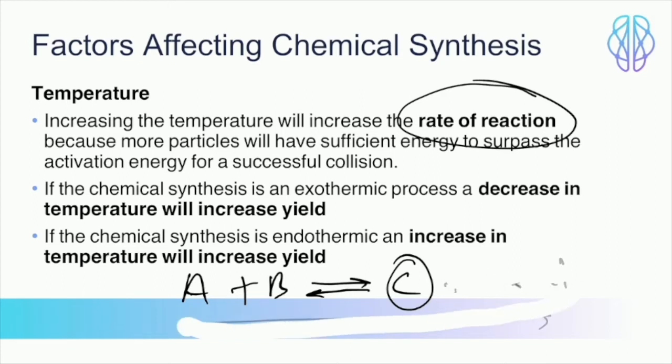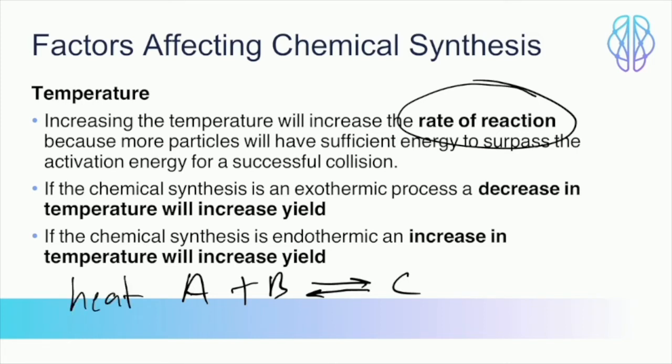So if I rub that out, if it's an endothermic process, so I'm using up heat to make C, so that's an endothermic process. If I increase the overall temperature of the system, I've imposed a change. The system will shift in a way to minimize the impact of the change that I've imposed. So if I increase the temperature for a reaction that's endothermic, it's going to shift again from left to right